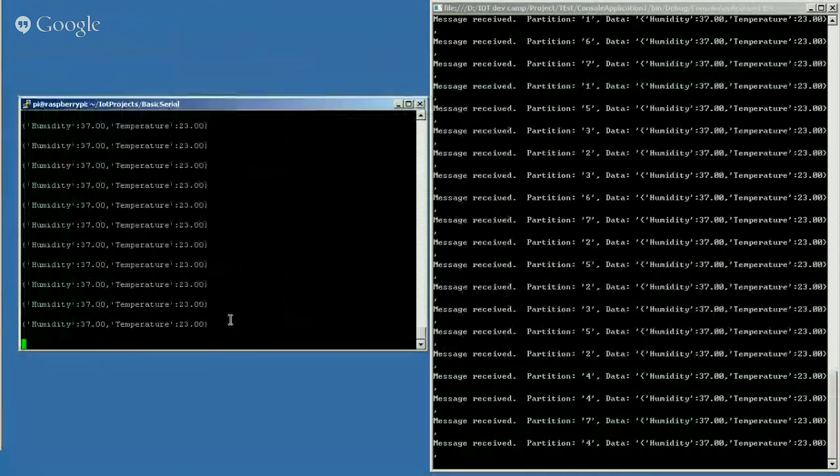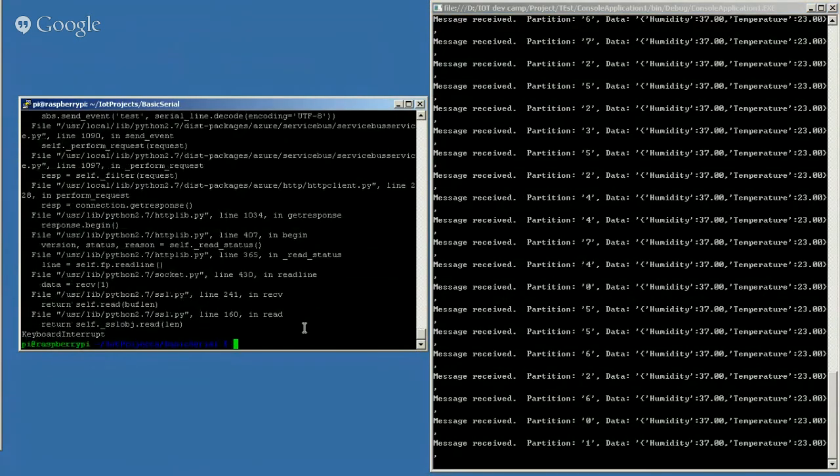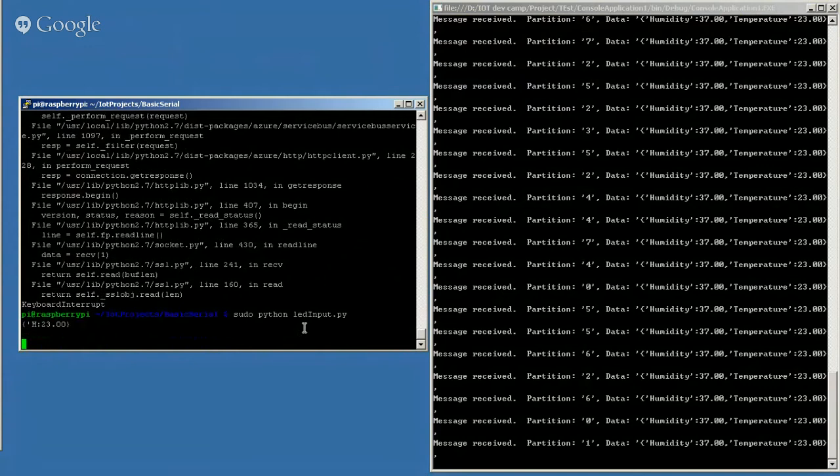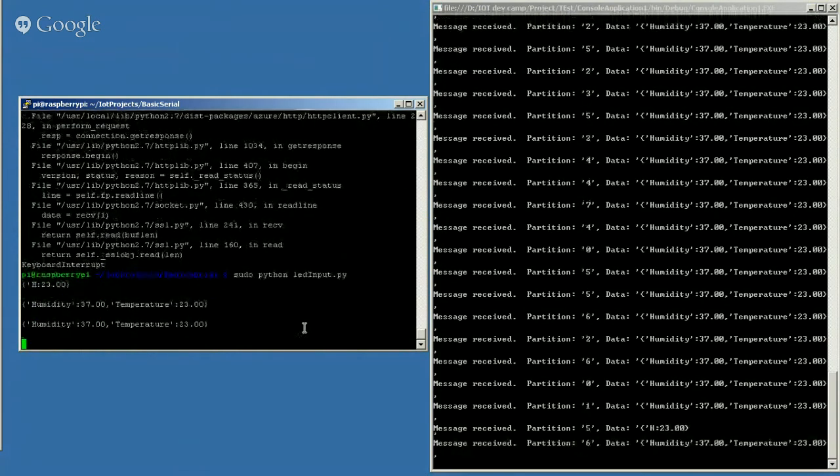So this is the Python program we are sending the data from, and this is the one receiving the data. If I see, this is the data that is coming.